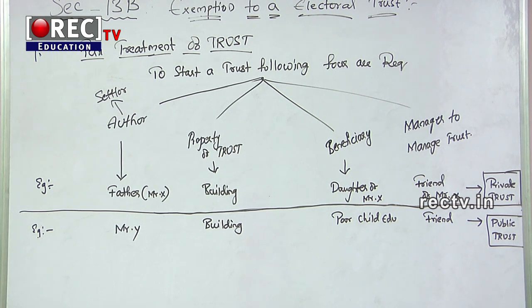A corpus donation is a capital receipt. It is not treated as income, and is not taxable in the hands of the trust. The donor makes the donation with a specific direction that the amount should be used towards capital. And an anonymous donation is one where the recipient, that is the trust, does not reveal the name and address of the donor. The treatment of anonymous donation is covered by section 115BBC.